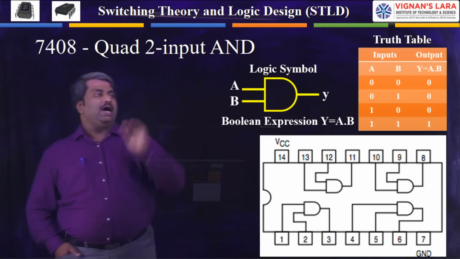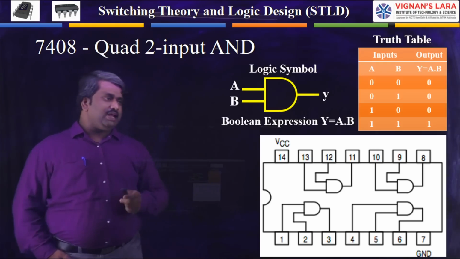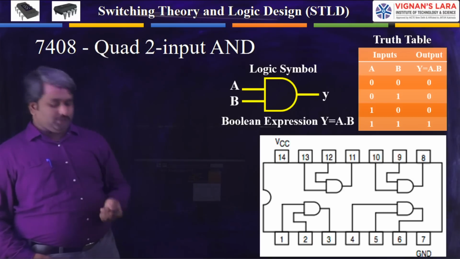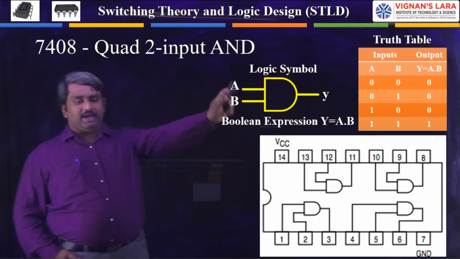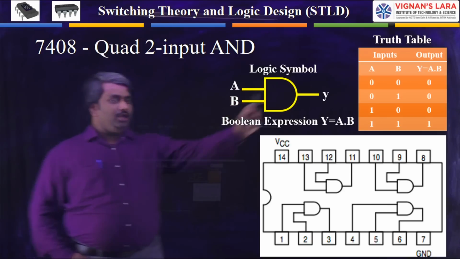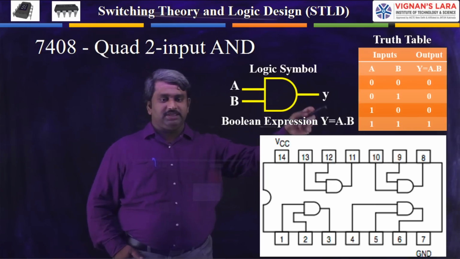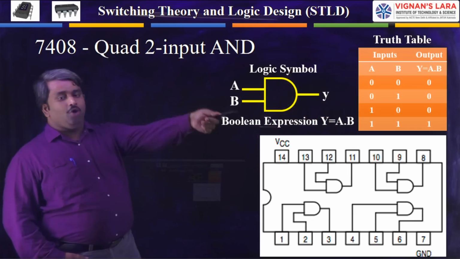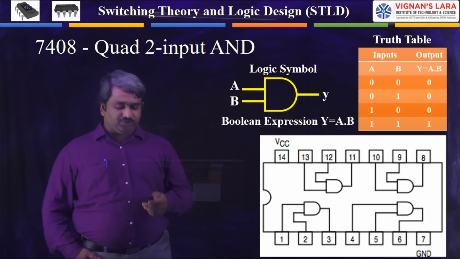We know that this is the AND gate logic symbol. Input A and B and output is Y. Coming to the Boolean function of this AND gate, Y is equal to A dot B. Here dot is nothing but the AND operation. Next, coming to the truth table, we know that only if both inputs are high, the output is equal to 1. If both inputs are 1, 1 in the fourth case, only then the output goes to 1. Otherwise, in all the remaining cases, the output is 0. So this is the IC7408 specification.